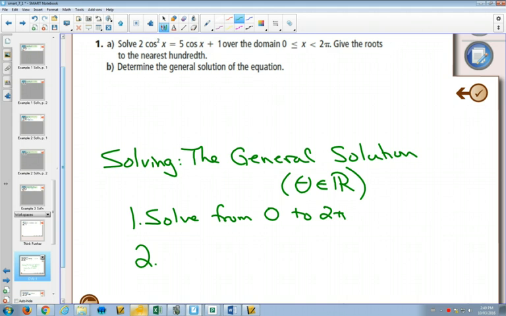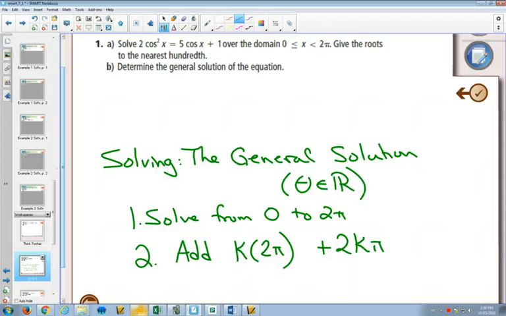And if we remember, how do we write all the coterminal angles with pi over 6? We do pi over 6, and then we'd add 2 pi as many times or subtract 2 pi as many times as we wanted. So you could go 2 pi times k. If the answer was 11 pi over 7, and you wanted to write all the coterminal angles with that, then you could add or subtract 2 pi as many times as you wanted. So what we're going to do to write all the coterminal angles is we're going to add k times 2 pi,